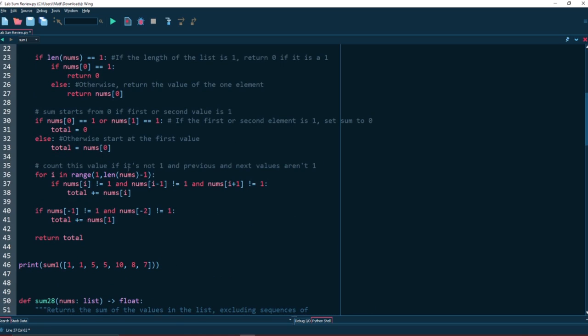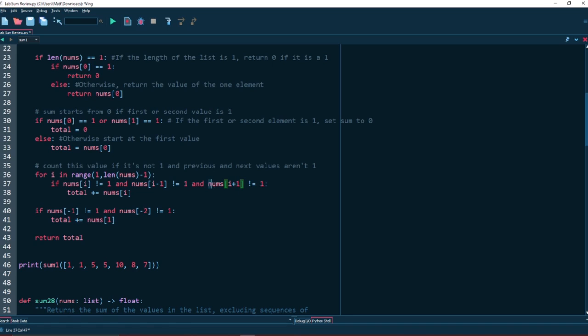Since we know the length of the loop, we're going to use a for loop here, because we know it has to go until the length of the numbers. Now, this is where you have to be careful, because you cannot index past the end of the list. So you have to do a -1 on the length of the list, because you don't want to do the last index. If you add +1 to the last index, that is when you're going to go outside the list, and that's going to give you an error.